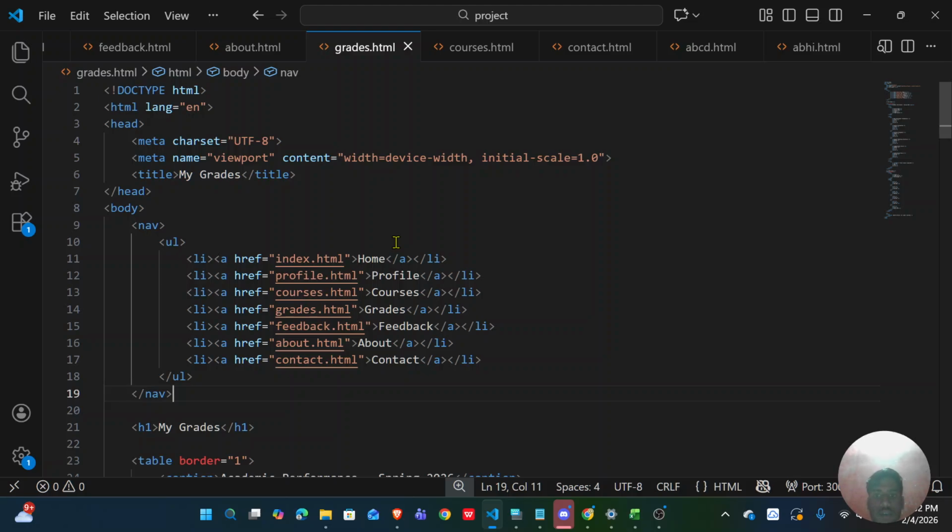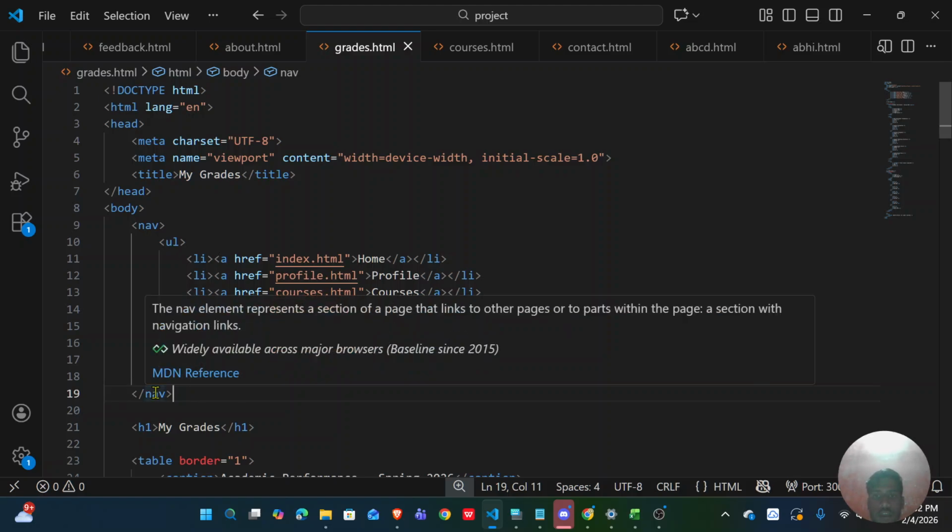This navigation bar helps users move easily between pages of the website.